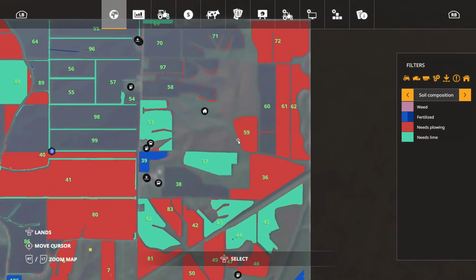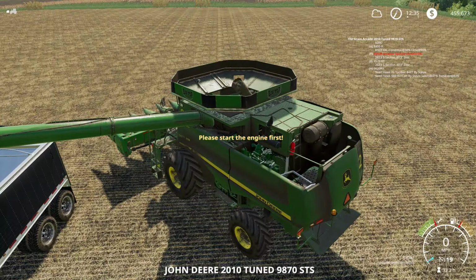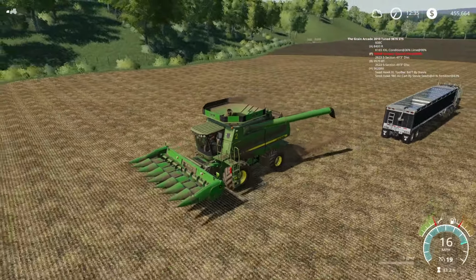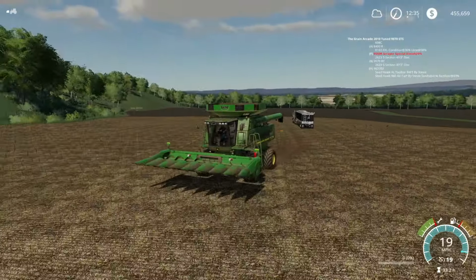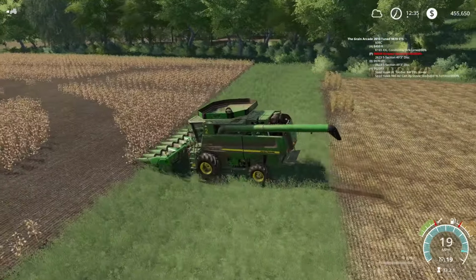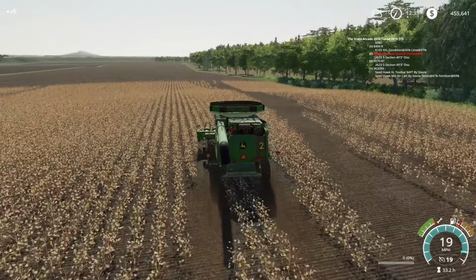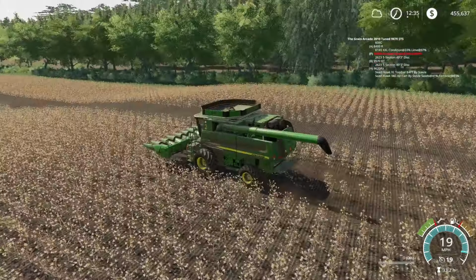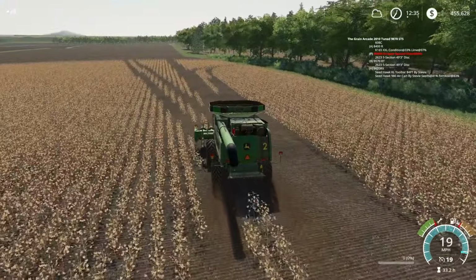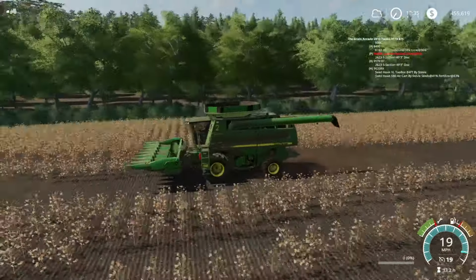Alright, now we need to hop over. I'm just going to start at the top part of the map here. These combines I am going to sell. I'm going to take these back. I think I'm going to keep the small heads. I think that would be wise, maybe. Or should I keep the big heads? I don't know. The big heads actually fold up, so transporting them wouldn't be hard. I may sell these small heads back. I was going to keep the small heads because some of the fields are smaller, but for corn and sunflower and stuff, I can fold those big heads up. So